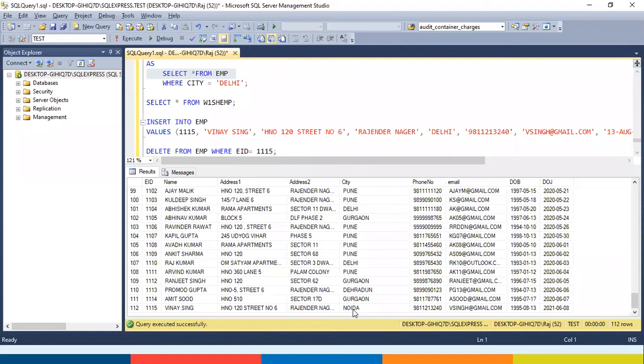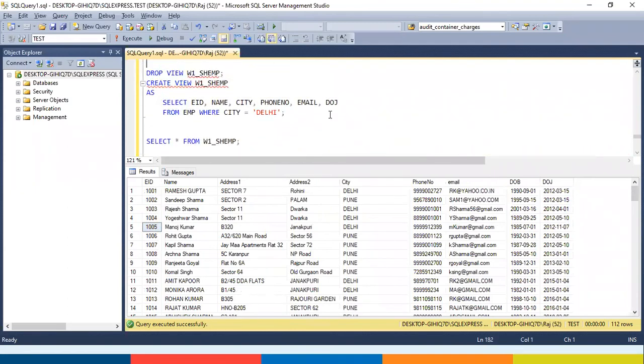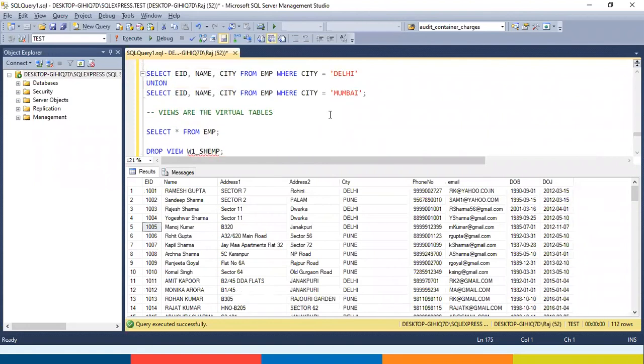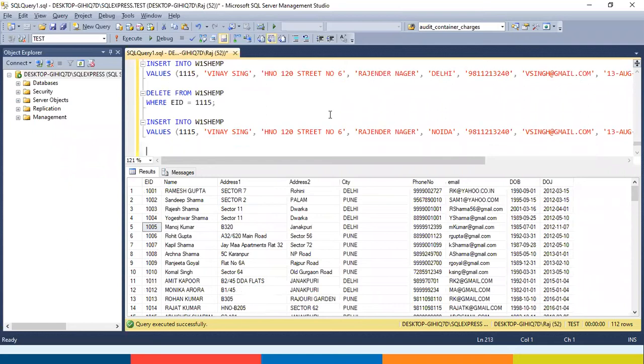And if you want to do this, we have to make some changes to the view. First of all, let me delete this record. Delete from EMP where EID is equal to 1115.